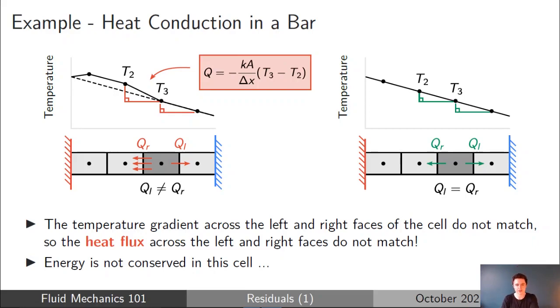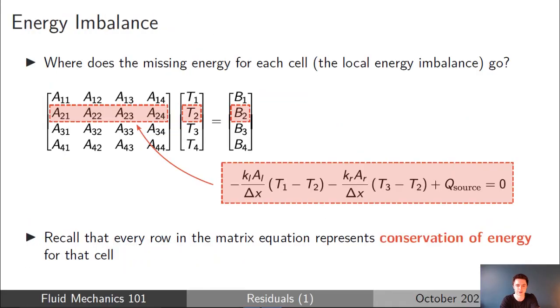But for this case on the left, you can see that before we reach convergence of our solution, because that temperature gradient doesn't match, the heat fluxes also don't match. So that means we're not satisfying energy conservation until we have convergence. So the next question is, if we're not satisfying conservation of energy, where does that missing energy go while we're